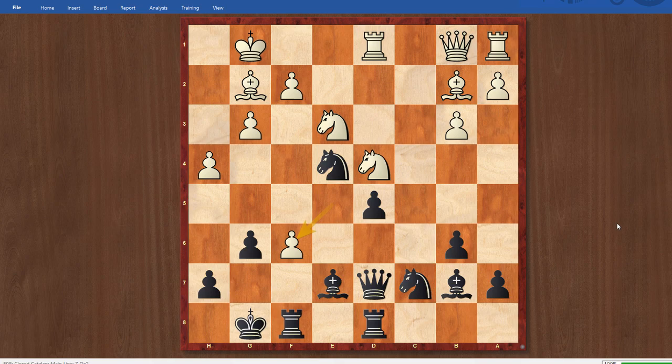All right, hopefully you paused the video and got a sense of how to actually capture that pawn. It actually turns out that the best way to capture it is to play the move knight takes f6. And the point is that you don't allow these